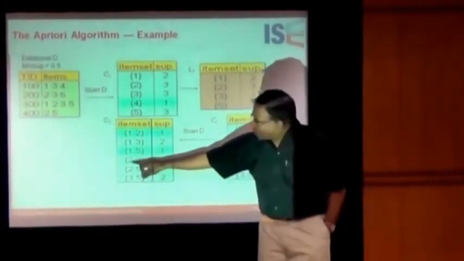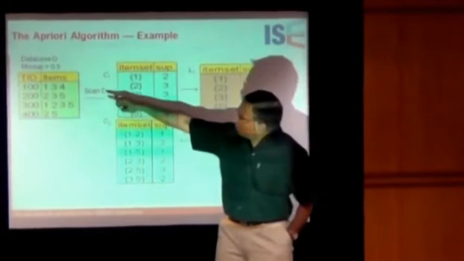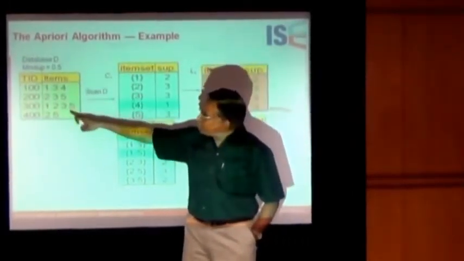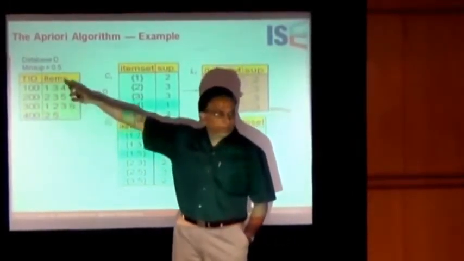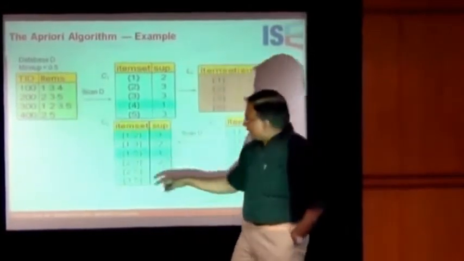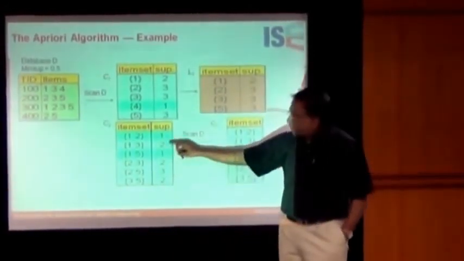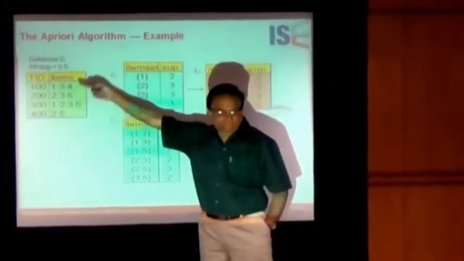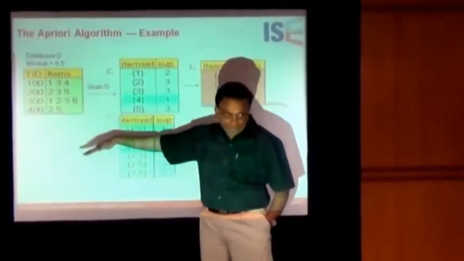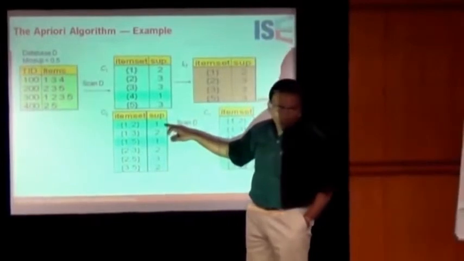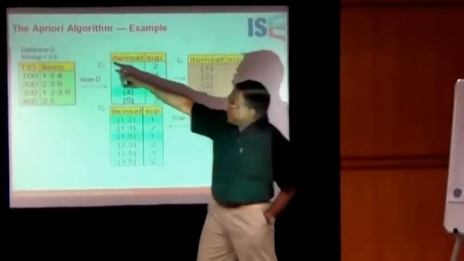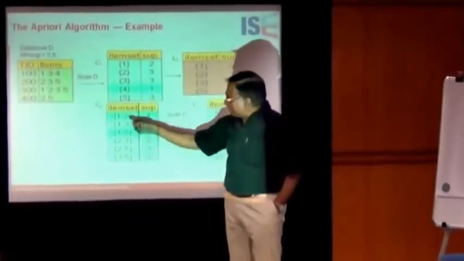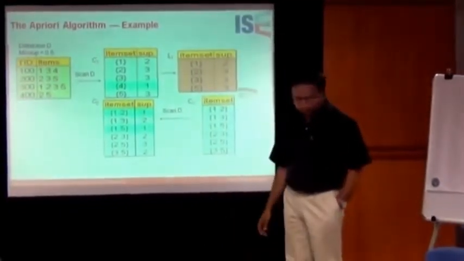For each of the candidates, we went and counted the support. How do we count the support? If it is 2, 3, we go into the database and see how many times 2, 3 have occurred together. 2 times they have occurred together, so we note down 2. Now the support will be the count divided by the total number of rows, transactions. So 1 by 4, 0.25, since it's less than the min sup, we have colored it blue.